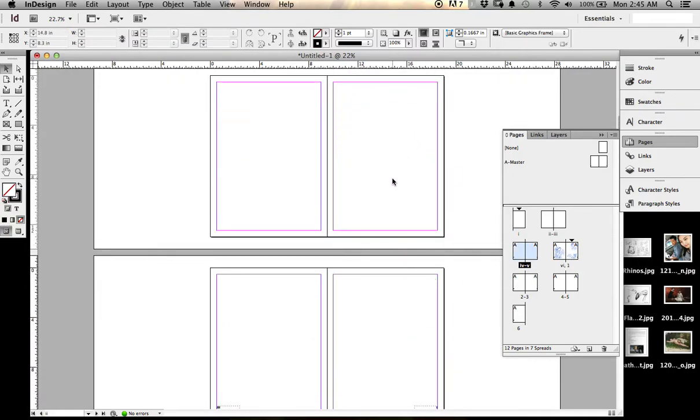Yeah, so I think that's about it for the master pages and page numbering. Let me go into styles real quick. I'm going to go into paragraph styles. Okay, so with the whole paragraph styles thing, back